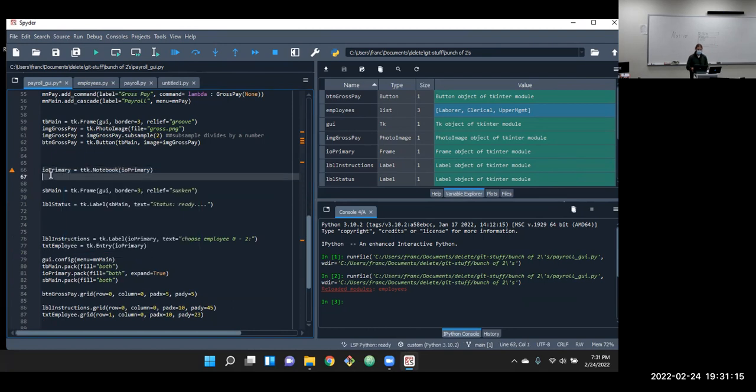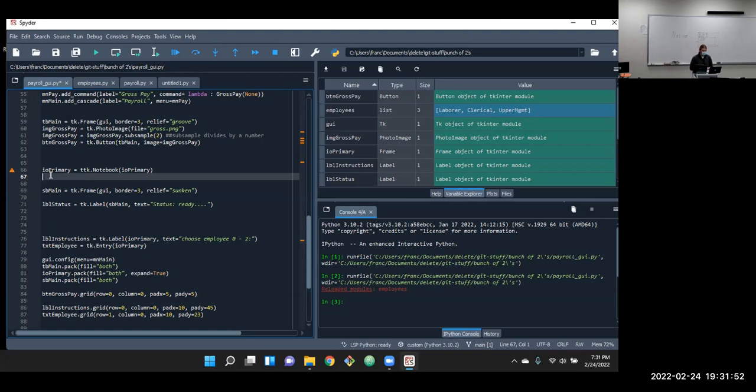I'm going to make the notebook our primary IO because the notebook is a container. It's more like a folder that the tabs go in. And y'all, I don't have one. Y'all know those accordion folders that are full of tab slots that we stretch out and put things in. I don't think there's one in the room here. I don't see one in here anywhere. I'm sure everybody's seen them, right? They collapse and we expand them. That's kind of the idea of a notebook. So it's a frame. Don't really need to put it in another frame.